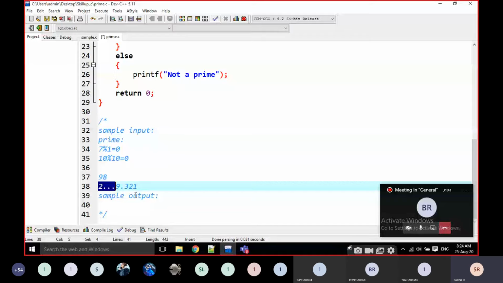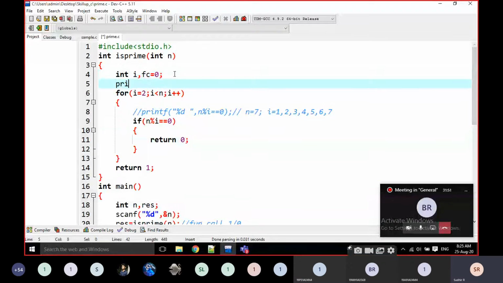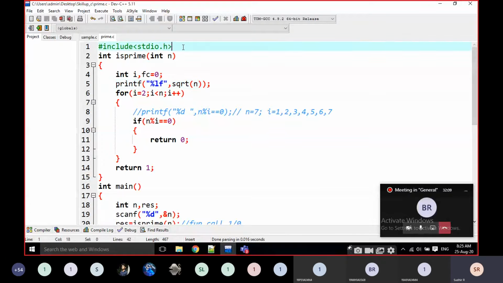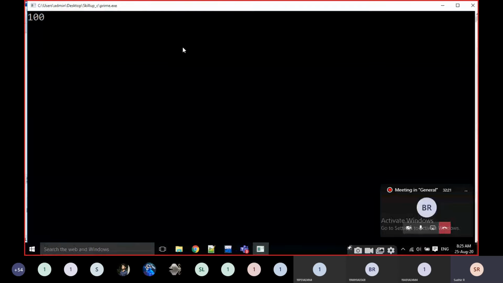First of all, we are going to print what the square root is. How is the square root going to be printed here? Percentage, this is not d. It is, for example, a long float, that means a double. SQRT of num. What is the SQRT function? It is a mathematical function. That's why we have to include the math.h header file. If I execute it, just look, for example, it is 100.